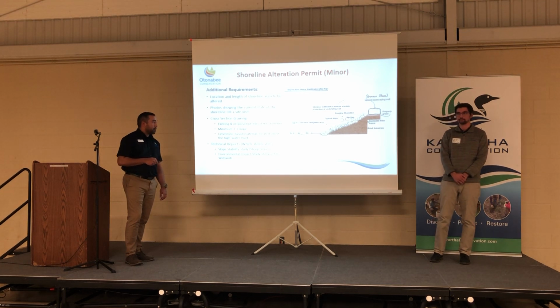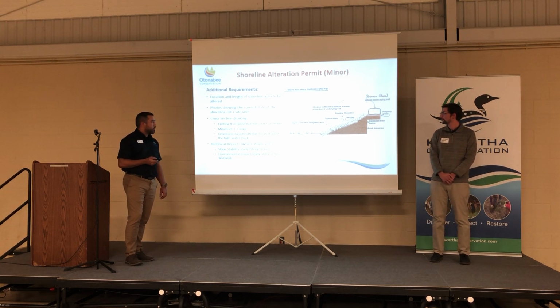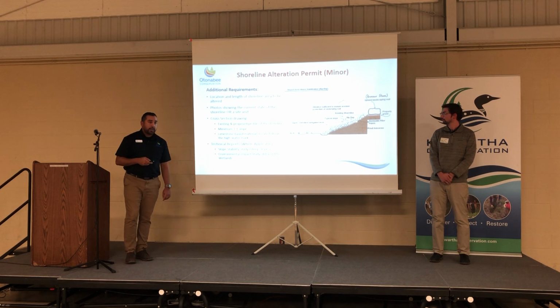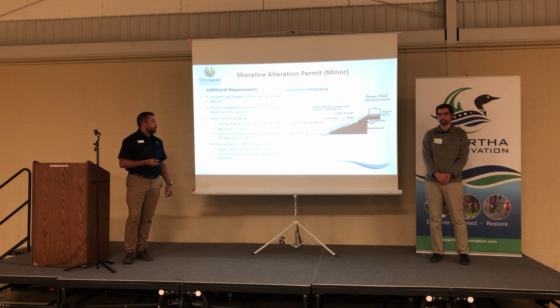We look for a minimum of 3-to-1 slope since that's considered a stable slope for us. Limestone-based materials, this includes armor stone in most cases, have to be located above the high water mark. So for instance on here, it's a little bit faded, but it is there. So that would be your high water mark. Armor stone's located up here, or it could even be embedded into the shoreline anywhere along here, as long as you have slope rock in front to provide that erosion protection or shoreline stabilization function.